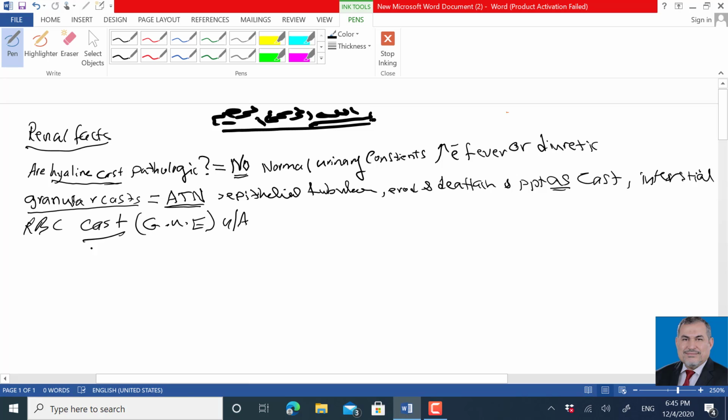They are most often caused by glomerulonephritis. RBC casts, mostly caused by glomerulonephritis. Okay, mostly caused by glomerulonephritis, but can also be present with acute interstitial nephritis. Also, it's found with interstitial nephritis,